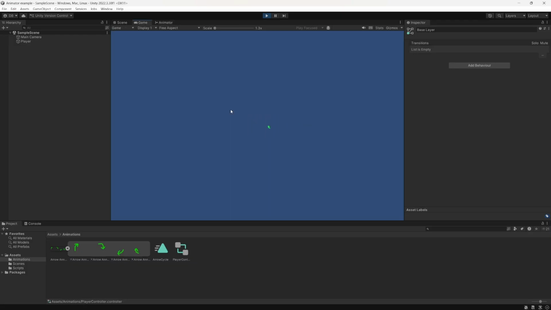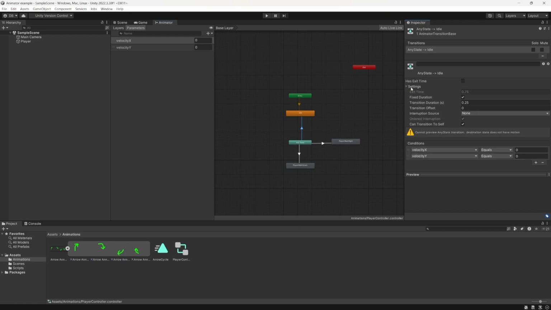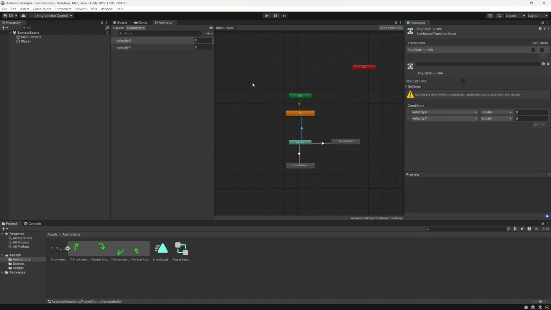Now you can do this for all of the other states, right? You walk right, the animation plays. You walk left, the animation will stop. You walk up, the animation doesn't play. You walk down, the animation does play. Now you can go in here into the animator and tweak these transitions so they happen instantly. They have an exit time, or they have a fixed duration, or whatever you want it to be. For now, we're just going to leave this alone, and we're going to talk about the other thing that is